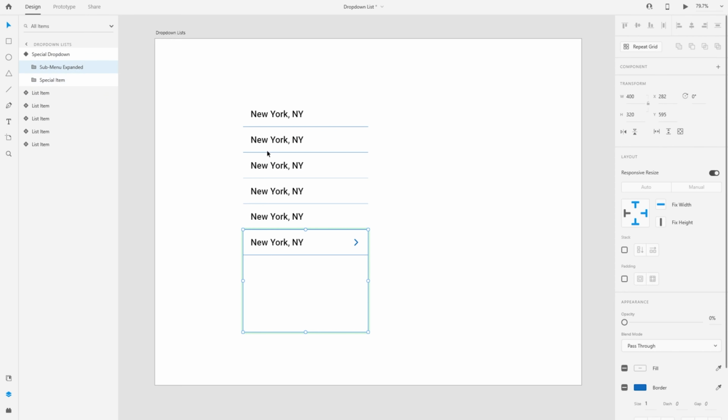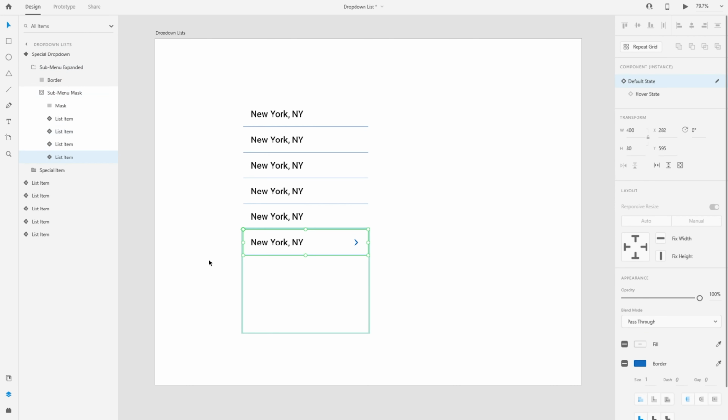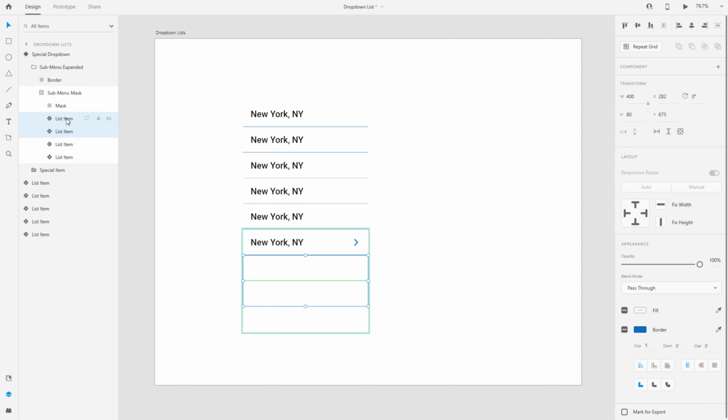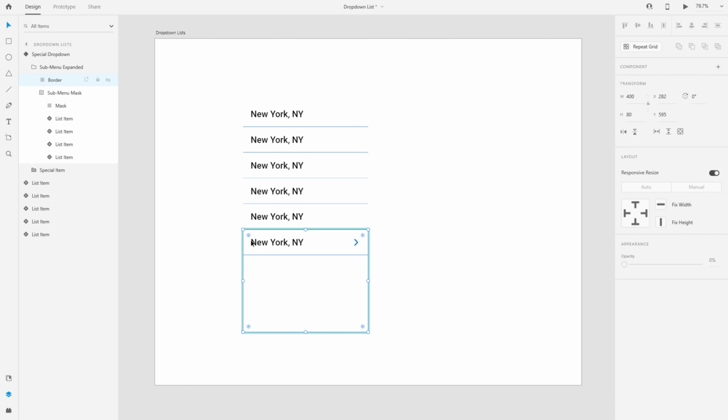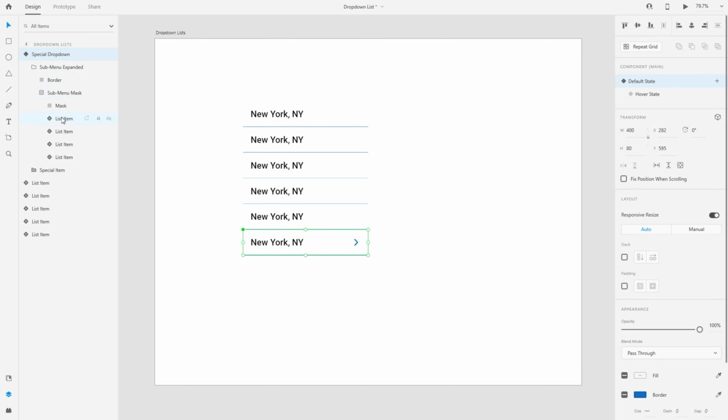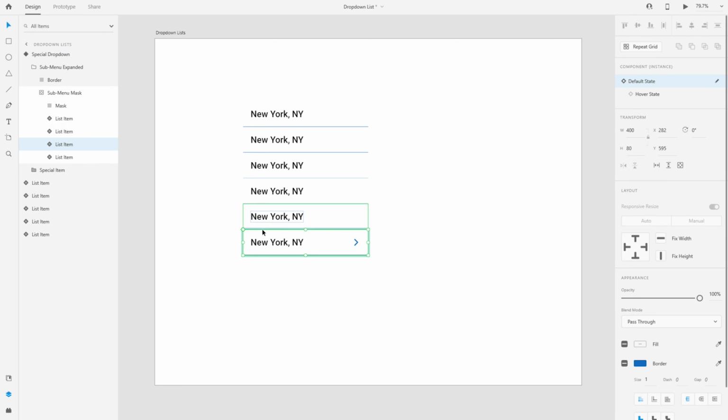Now the opacity is already 0, so it's not going to be visible. What I also want to do is move all of the list items behind this main one as well, so they're going to appear